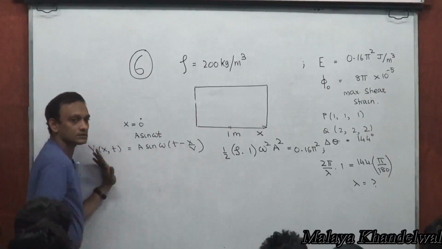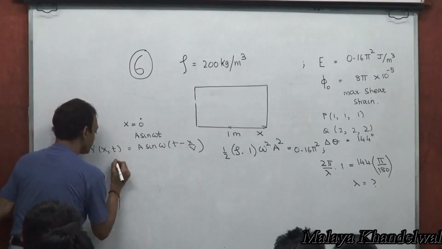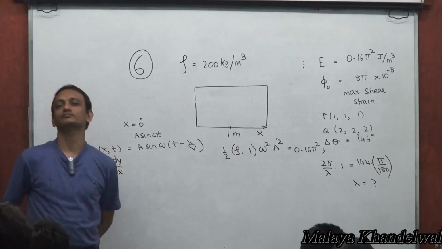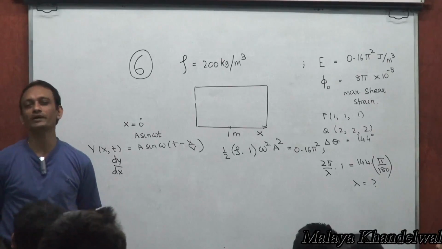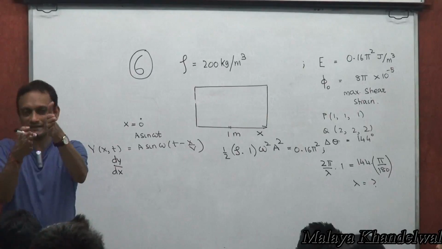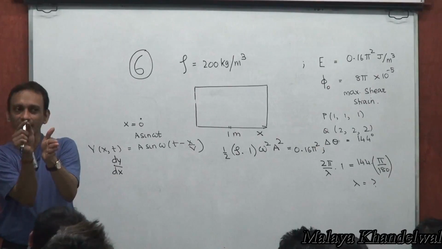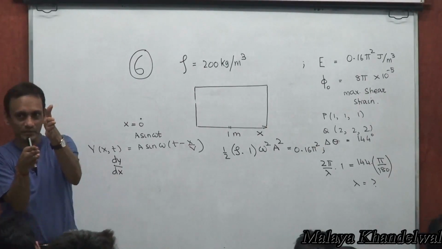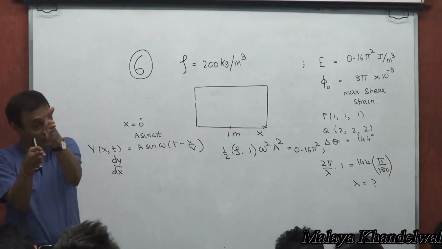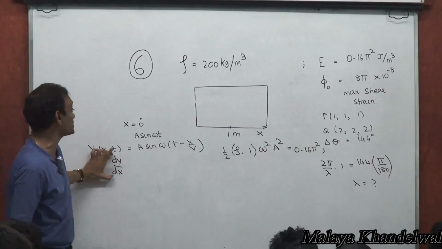Now in this, the shear strain is actually, realize that change in y for a small change in x, that's shear strain. Dou y dou x is the shear strain. Change in y over a small dx. If the difference in y's between the two particles separated by dx is dy, then the shear strain is characterized by the difference in their y's, dy, divided by the line separating them, which is dx. So dy dx measures the shear